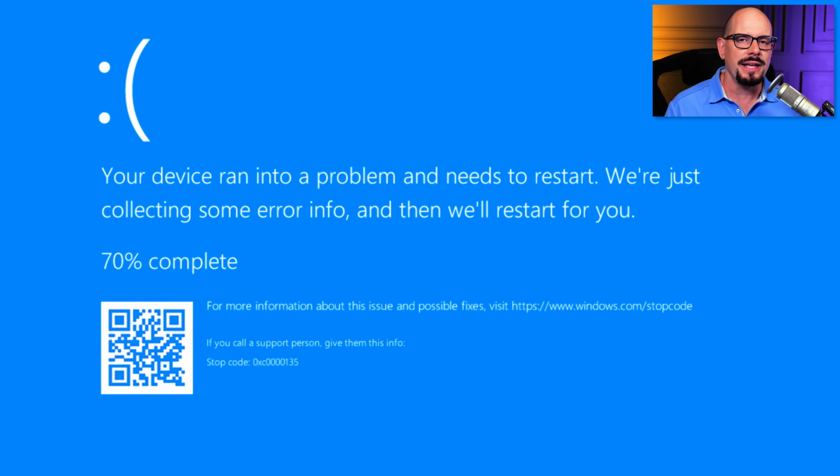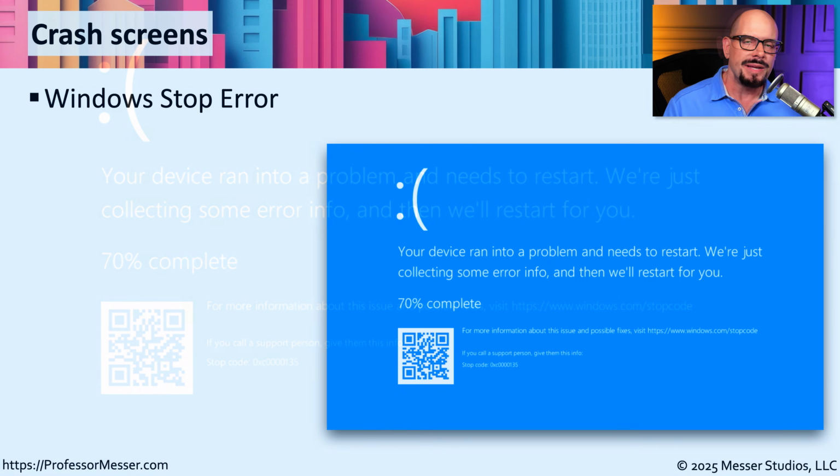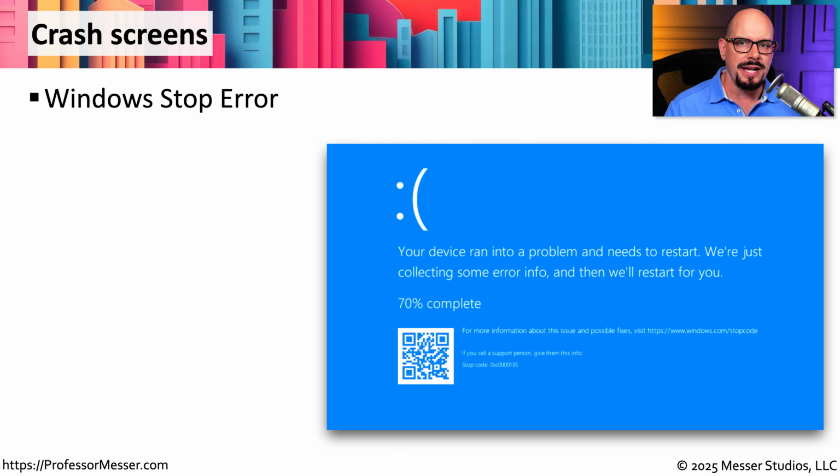Whenever you see an error like this, you know that the entire system has come to a stop. It might tell you that your device ran into a problem and now needs to restart. It also says it's collecting some error info, and then the system in many cases will automatically restart for you. This message is referred to as a Windows stop error, and it's the kind of message you see when the